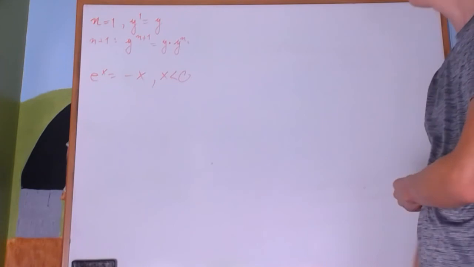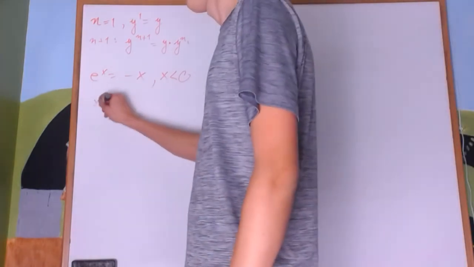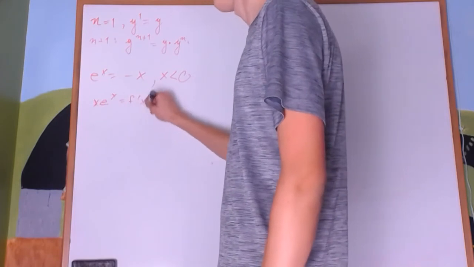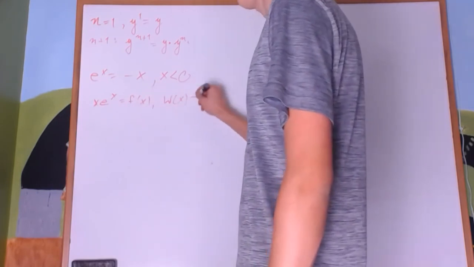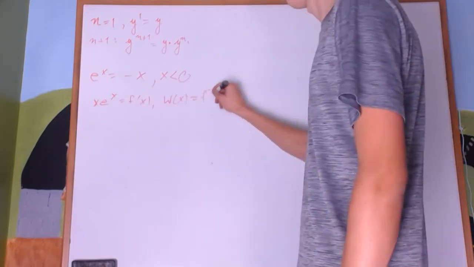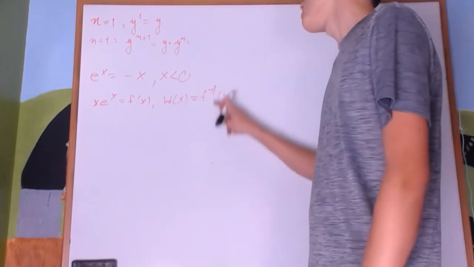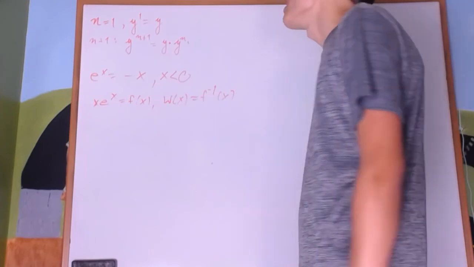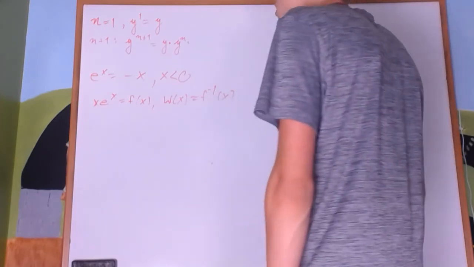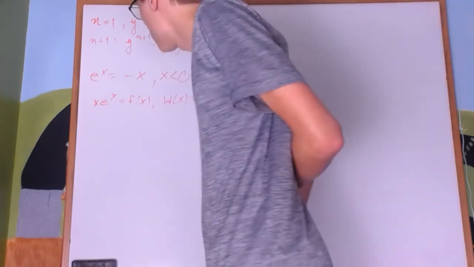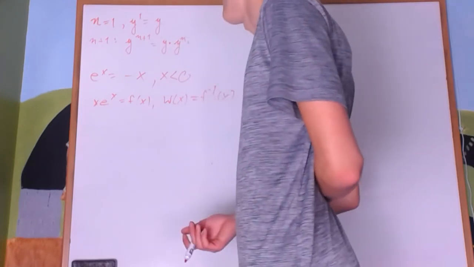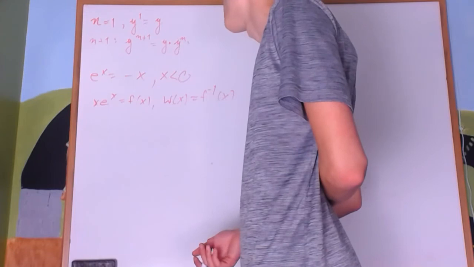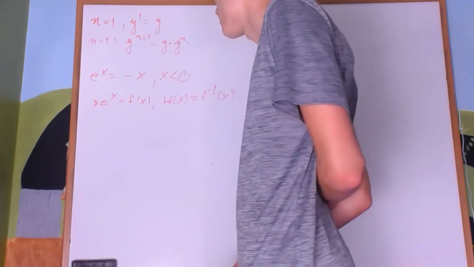So it's the inverse of x, e to the x. So f of x is there. W of x is f inverse of x. Alright. Then how do I solve it? Well, first I have to get it in the form of x e to the x. So